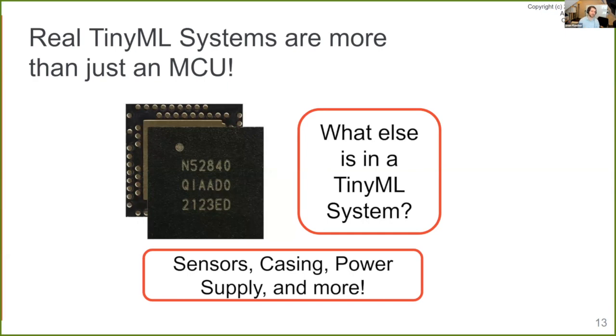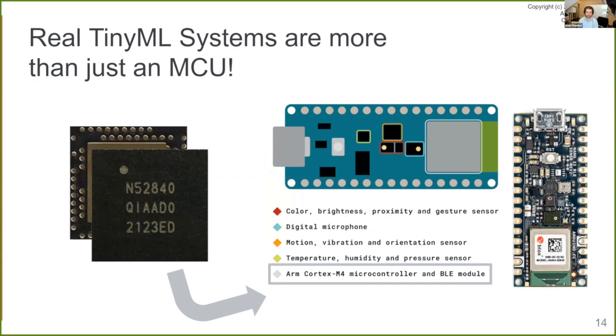Sensors, casing, power supply, everything that makes it the physical board. It's not just a chip. There's all these peripherals that you need to get to a full TinyML system. For example, if you look at the Nano 33 BLE, this chip is sitting somewhere inside this gray box. And in fact, that gray box is not only the microcontroller, it's also the BLE module, which is a whole other thing. So really, it's not even the whole gray box. It's a small little part inside of that gray box that is just the chip itself, excluding a lot